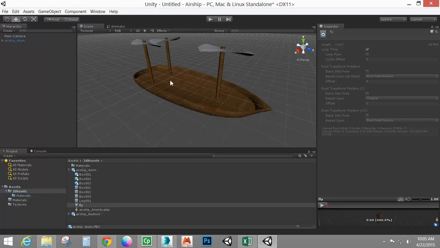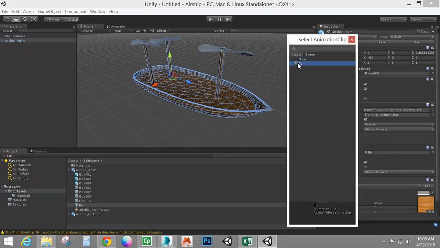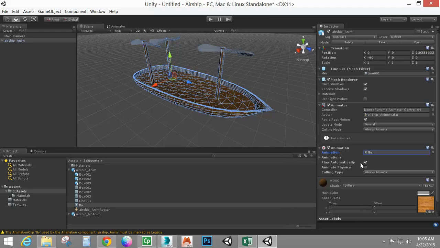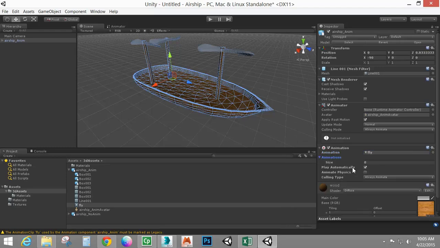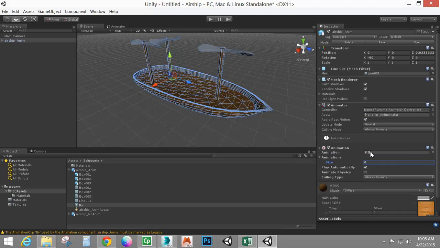Alright, fly. So if I select back on here, it is looking for an animation clip. So I'm going to say fly. I'm going to say play automatically. I can have more animations if I have many different animations. So right now it's set to 0 extra animations, but I could say 3, and I could put in the different clips, and my script will be able to read from these different animations if I so choose. But right now I've only got the one. Like I said, it's going to play automatically. So if I hit play,